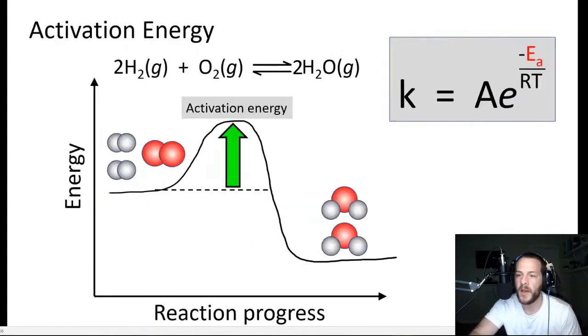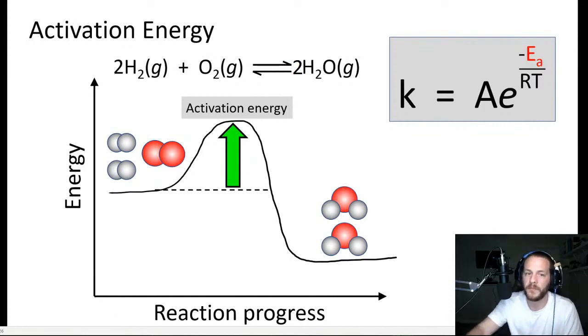So let's talk about activation energy for a moment. Remember, that's the E sub A term in this equation. Activation energy is also called the activation barrier. It's basically the maximum energy state of the particles that compose a system over the course of a chemical